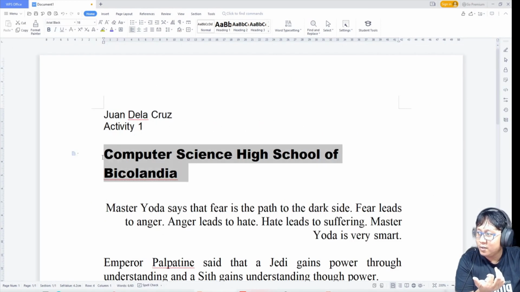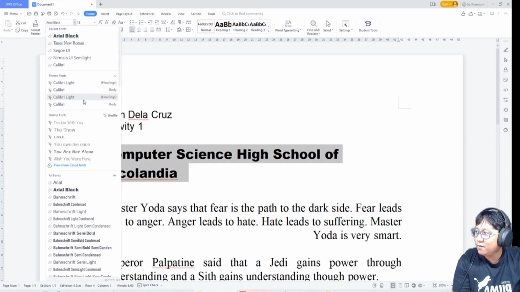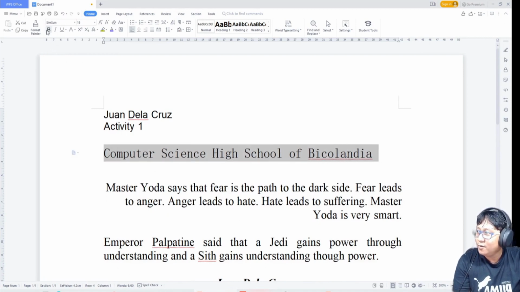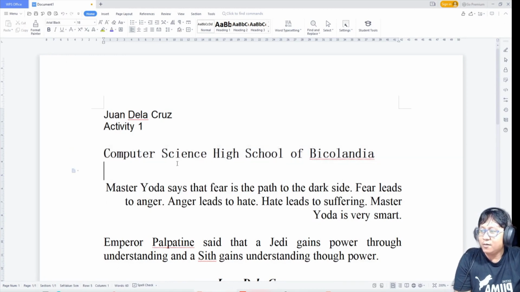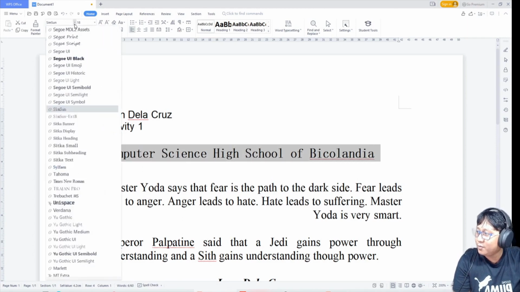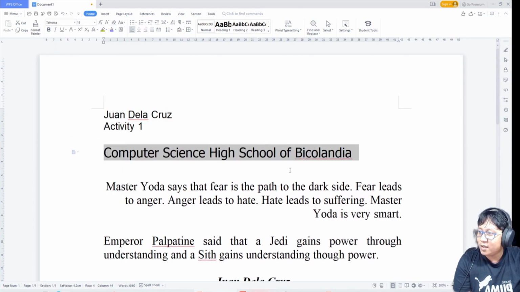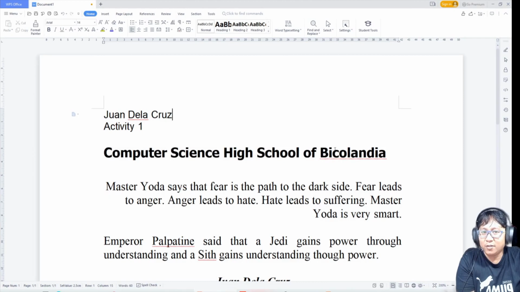Then, make the name of your school bold. So, this one, I have to press Control B. Wait, it doesn't show. So, anyway, I have to change this one. Let's say Calibri. Then Control B. So, there. Let's change it to another font so we could somehow see it displayed in bold. So, this is the text that isn't under the bold style. Then when I press Control B, it changes to that. Okay, so